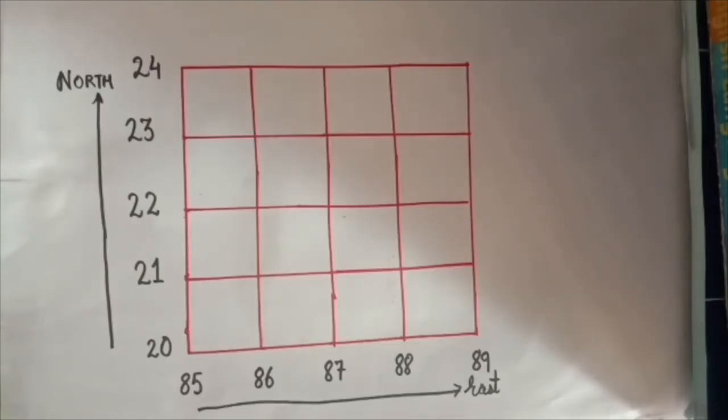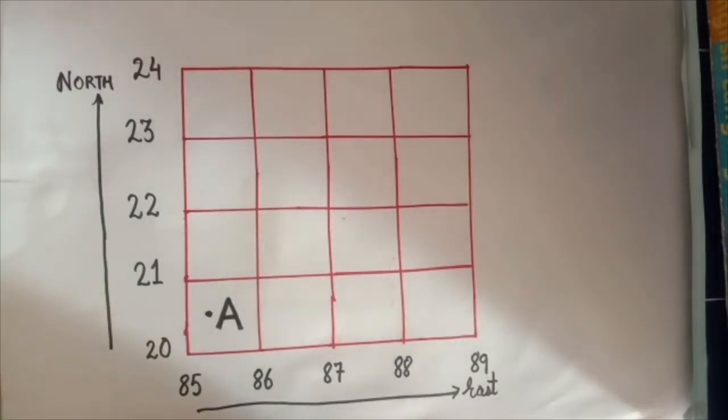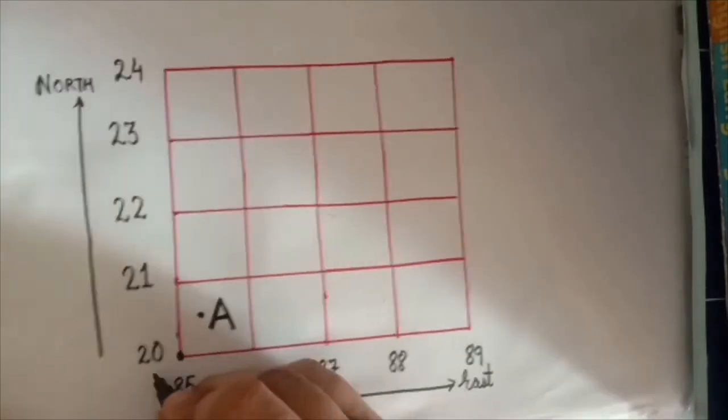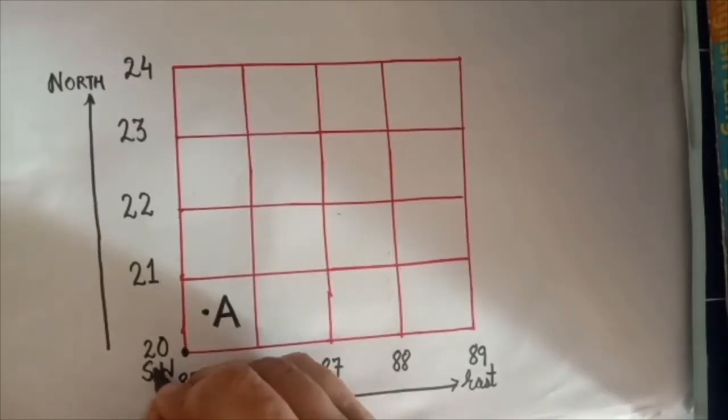Grid reference can be shown on the topographical maps in two different ways. The first way is 4-figure grid reference. 4-figure grid reference gives us the location of an object. So let us find out the 4-figure grid reference of a few places on the topographical maps with the help of a few examples. Suppose we have to find out the location of place A on the given map. So what we will do? We will look for its origin, that is its southwest corner.